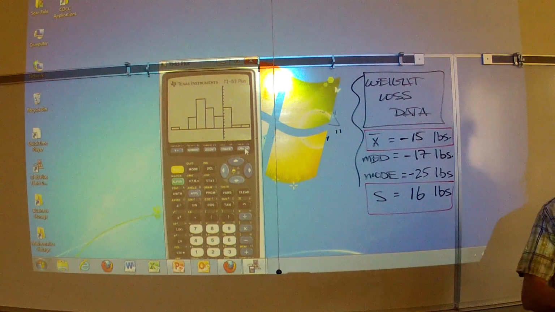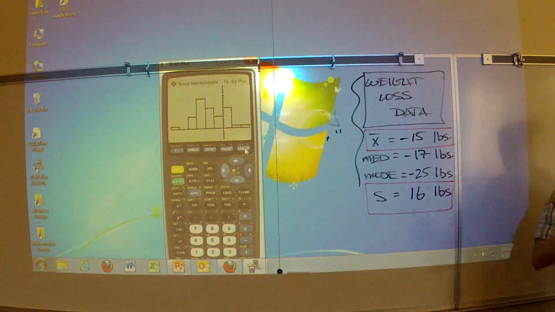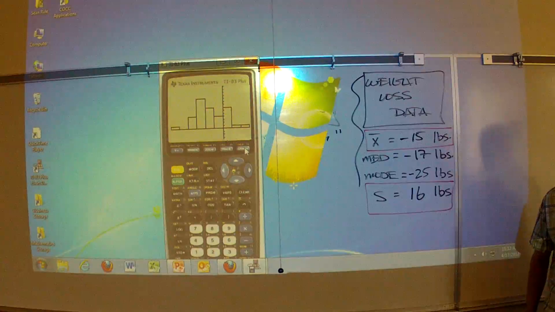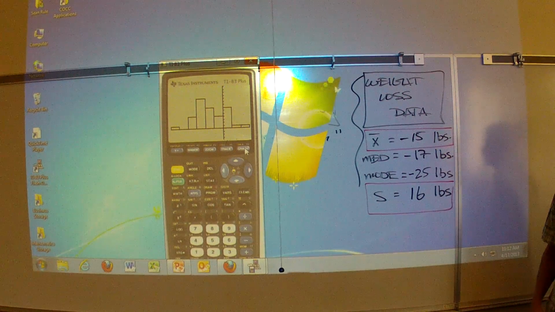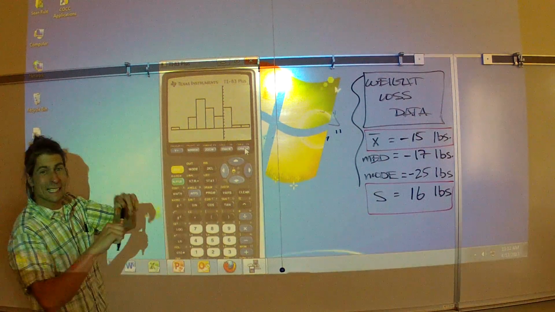Oh, yeah. For the 89, you pretty much always have to press window and finish, because zoom data doesn't seem to work on the 89 for whatever reason. And no matter what I change the scale of the bars to, it stays the same. Yeah, that's another one. So basically, what the scaling does on the